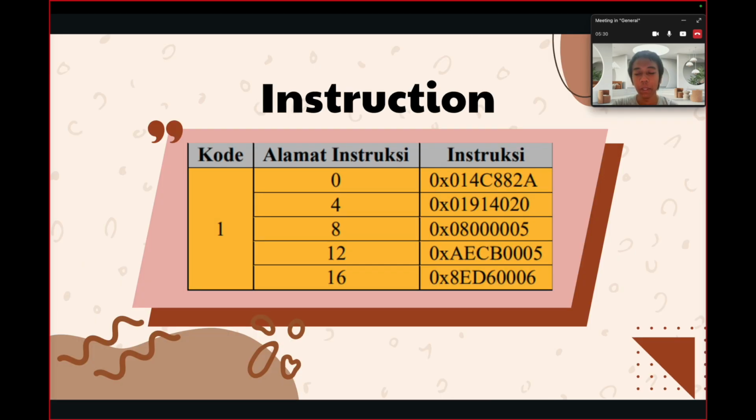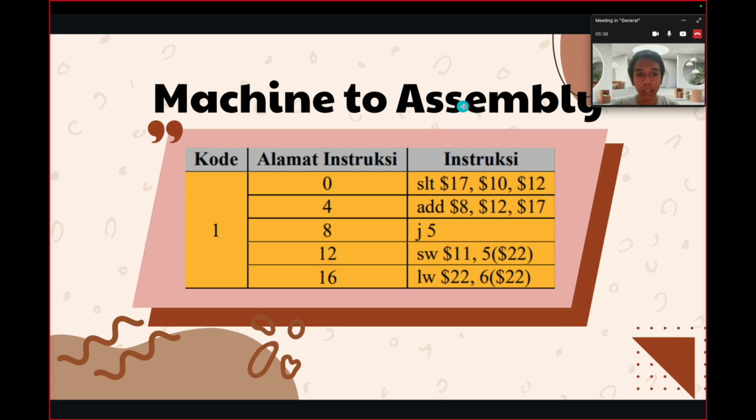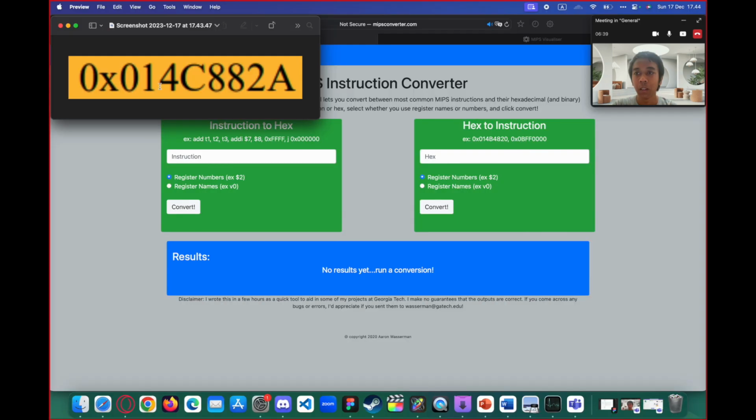So we will be converting all of this, but my friend already did it. Here is the conversion. Trying the tool, I will do this part, the 0. So just copy that. So we have this, we can copy this.